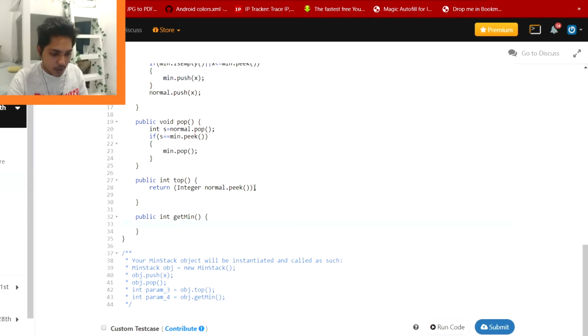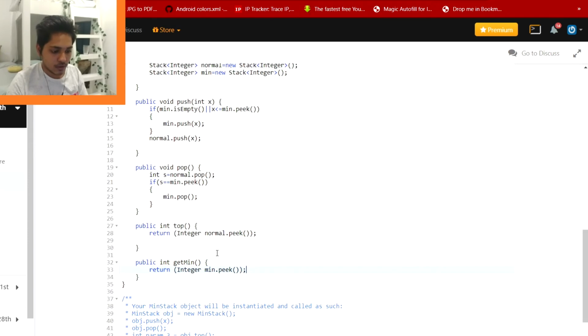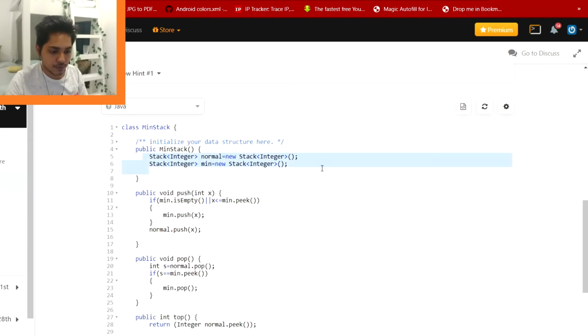Now again what we need to do is return an integer, getMin: min dot peek. It will return the minimum element of the stack, right? Yeah, that's it, I think. So we created two different stacks. One is normal and one is meant to handle all the minimum elements of the stack.